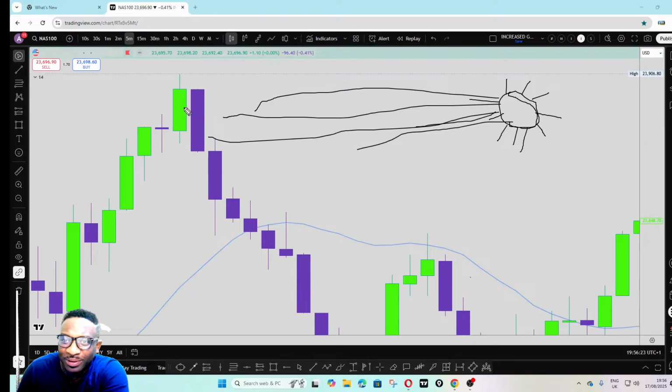So this happened in the zone that we marked on the 1 hour, where we saw that it has completely filled the imbalance that we identified there, and then this event happening there gives me a high probability trade. So I will go into the trade right from here to the downside. So if we did do that,